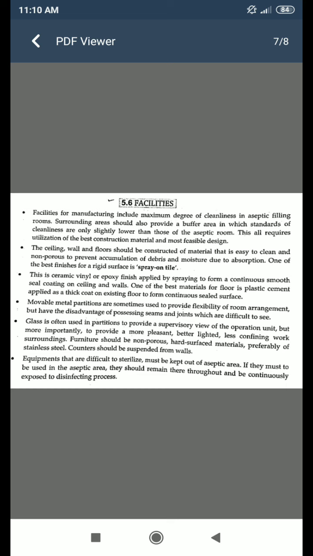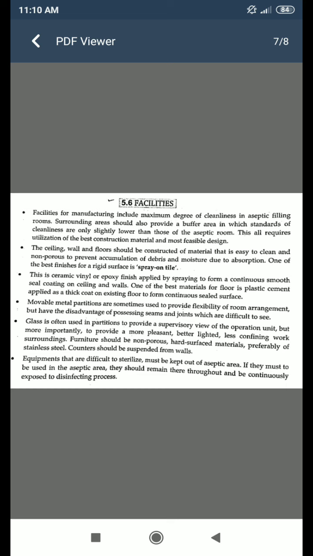One of the best finishes for the rigid surface is spray on tile. That is spray on tile. This is a ceramic, vinyl or epoxy finish applied by spraying to form a continuous smooth seal coating on ceiling and walls. One of the best materials for floors is plastic cement